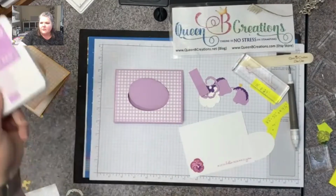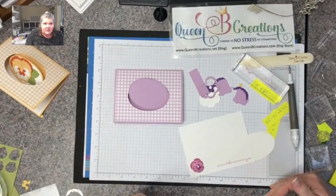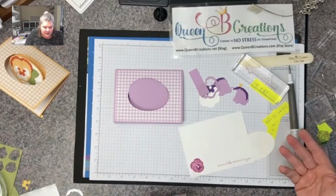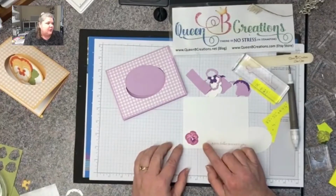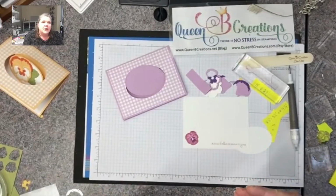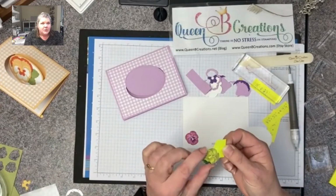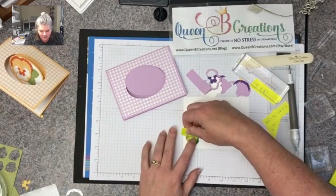Okay, so I've done the flower first, and I want to put some petals or some leaves behind it. And I know that sounds kind of weird. I want to put them behind, but they're not stamped yet. And that's on purpose. When you're masking, you want to make sure that whatever you want to be in the foreground is stamped first. Then we're going to stamp it on a Post-it note, and we're going to cut it out. And the sticky part is going to go over your existing image,